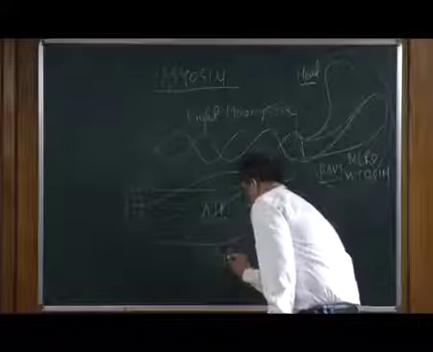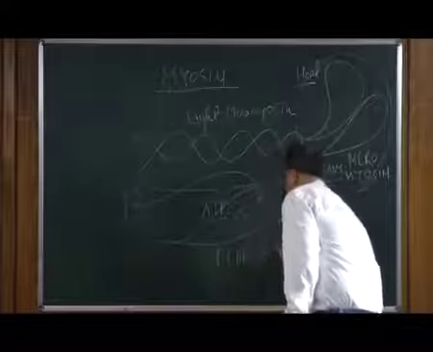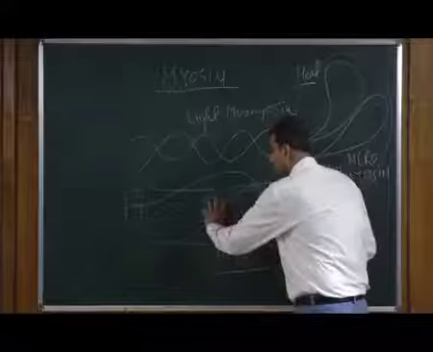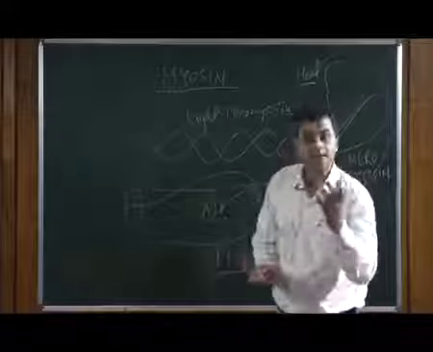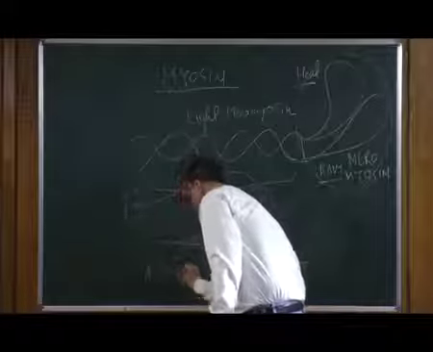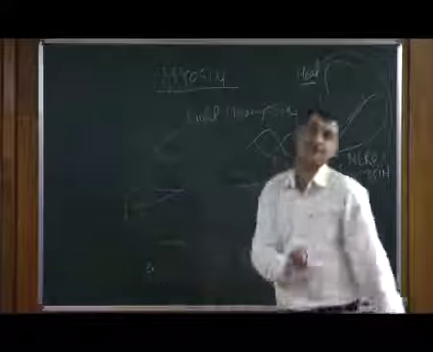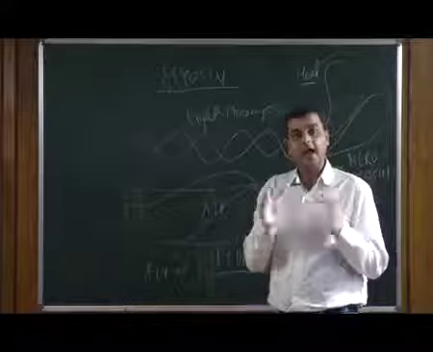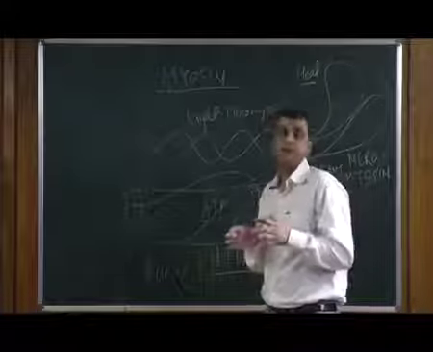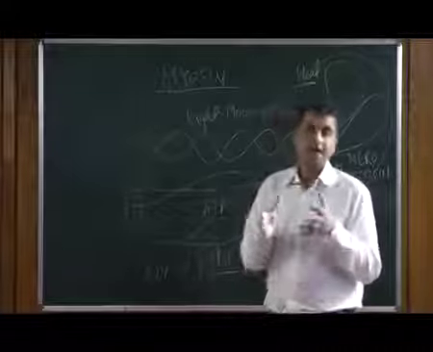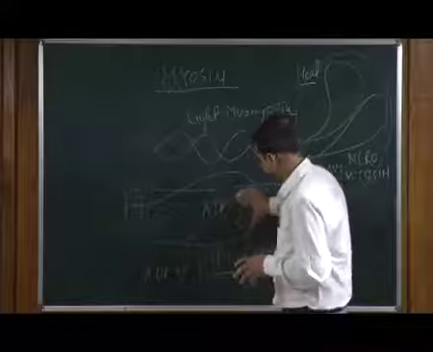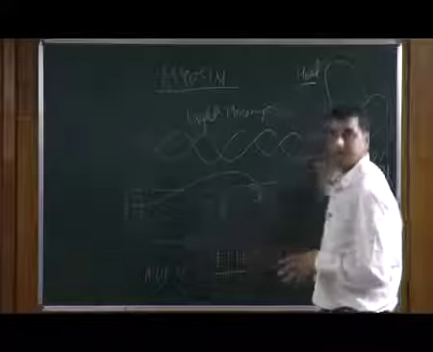So, the process is called hydrolysis, and because of this hydrolysis process, the ATP is converted into adenosine diphosphate. So, ATP is converted into adenosine diphosphate plus phosphate, and this released phosphate is what is giving energy for this contraction process. The whole process requires some kind of energy, and this energy is coming from this adenosine triphosphate, which is binding to the head of this heavy meromyosin, which is on the top